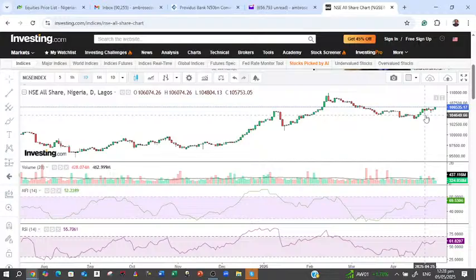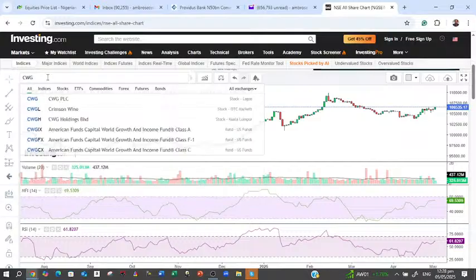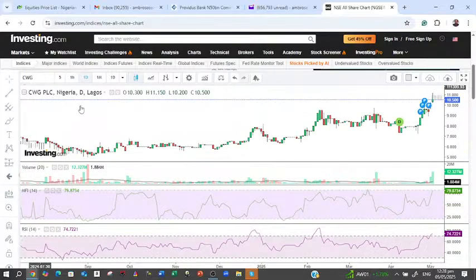Then what we do at this point is take the first quarter numbers that we are seeing now, and go and check the position of each company. That's why I mentioned that you must factor in your technical input to see where these companies are standing. For example, now look at a stock like CWG. Let's see where it is standing technically. That's why I said I want to discuss this stock today.